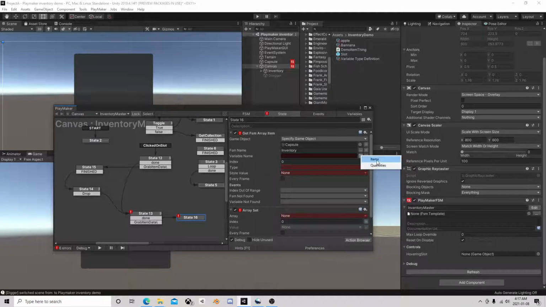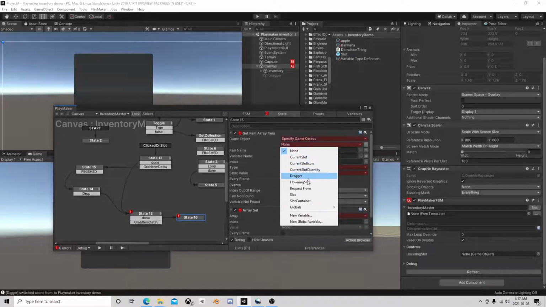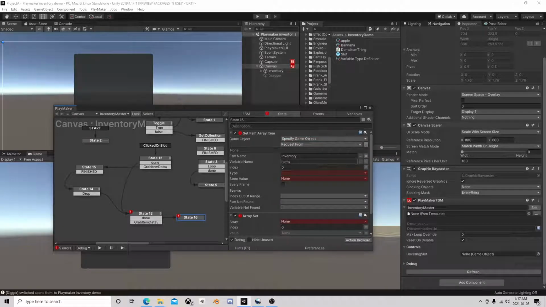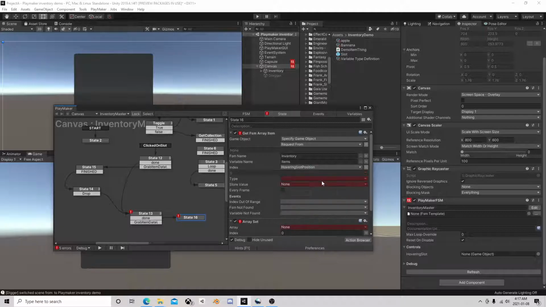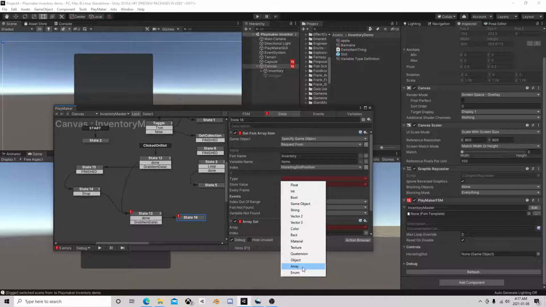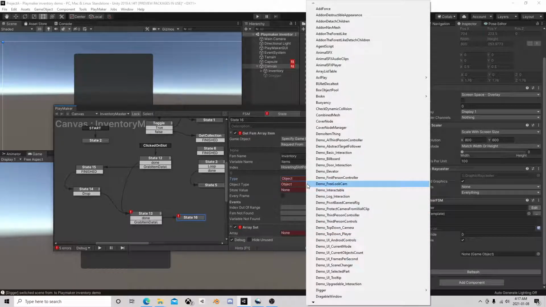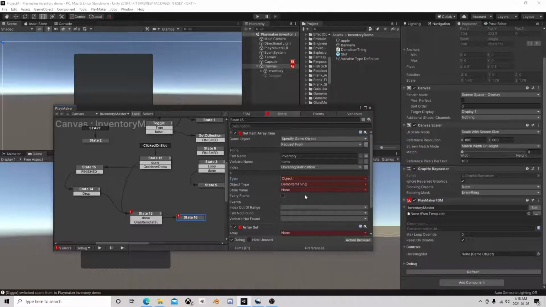Inventory and the item. Request from at index. So we have two slots, right? We have the hovering slot position and the drop slot position. So we're going to get that item, and it is going to be type object, type demo thing, store value as